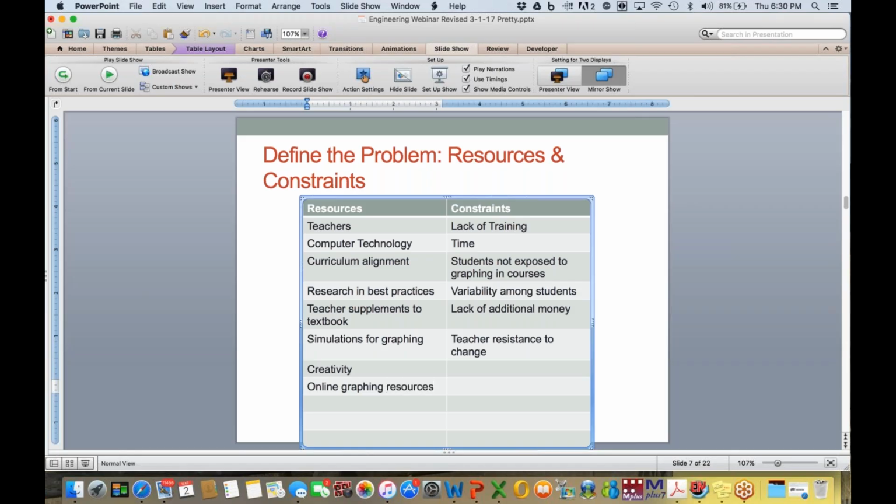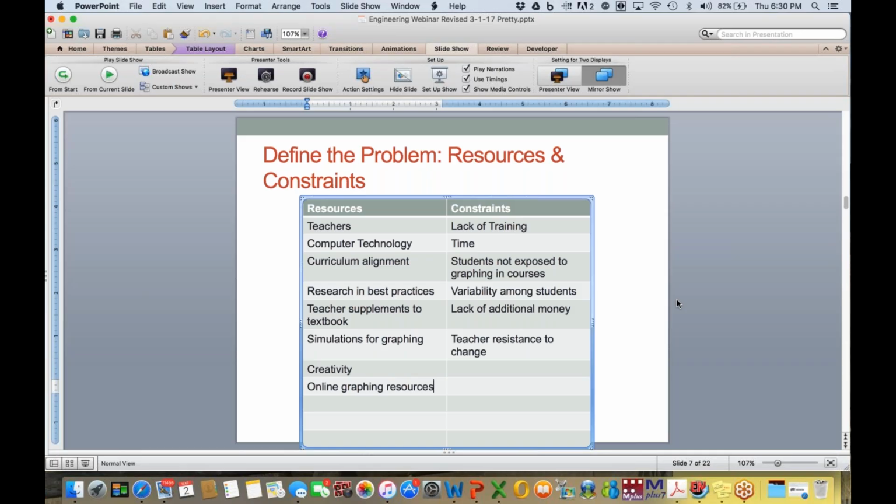Okay. So you can see how this works: by working in a team, and engineers often work in teams, you can come up with this list of resources which will help you design a solution to the problem. And the constraints, it's not that they stop you from designing a solution, but you need to figure out how you work around these, how you accommodate these, because you can't design a solution that is not going to work in a district,